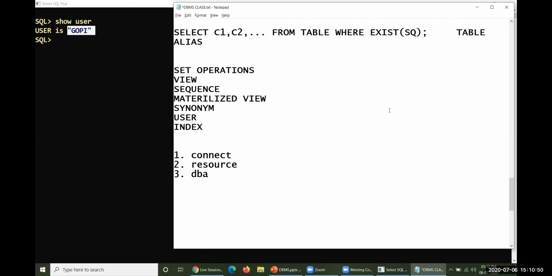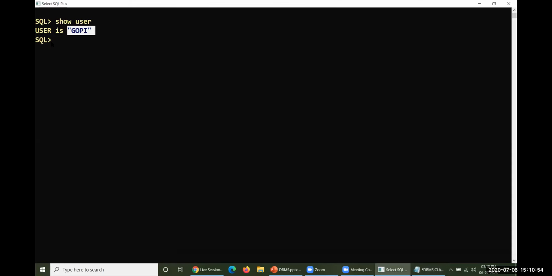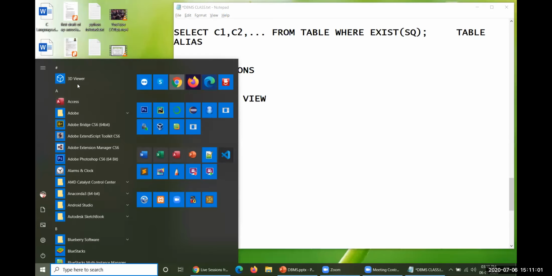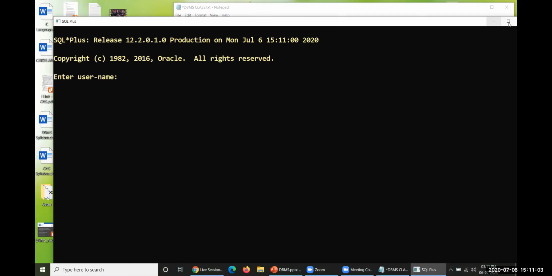So connect is always used to connect to the user, something like this we would like to operate. Let me close this one and open the same thing once again. You could see, enter your username. This is called connection.